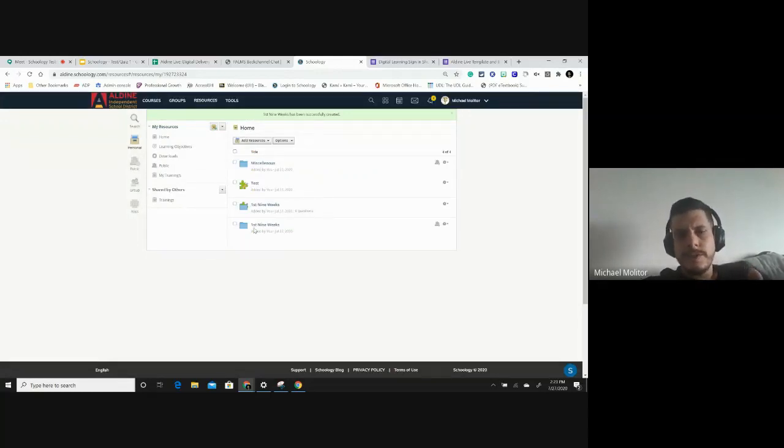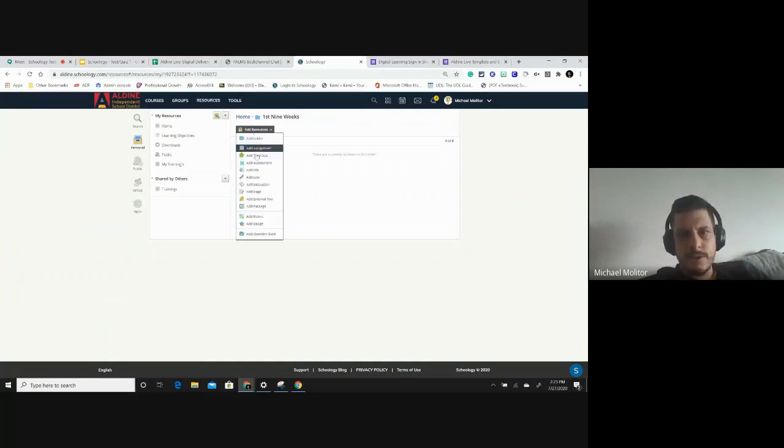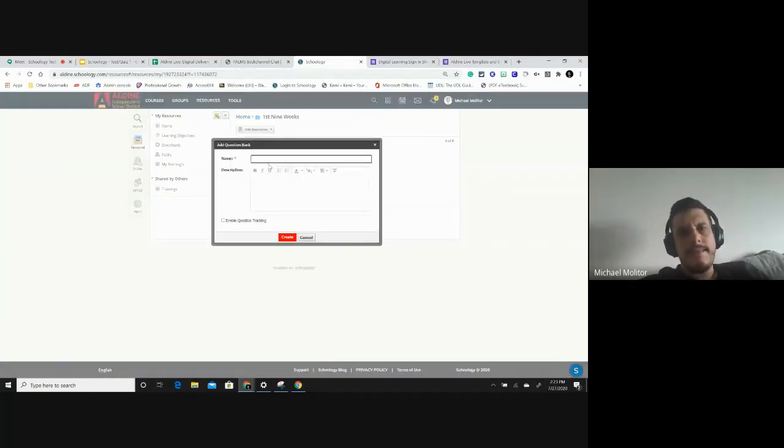The reason I show it to you this way is that some people will probably make the mistake of creating a full question bank first and then creating the folder afterwards. What you really want to do is create the folder first, and then within the folder add the resource, which is the question bank, and create question banks based on how you want to address your assessment. If you want a 3-week checkpoint, which is usually when we give tests and quizzes, just make sure the name fits what you want it to do. Once I create it,